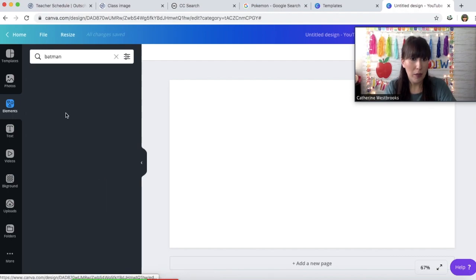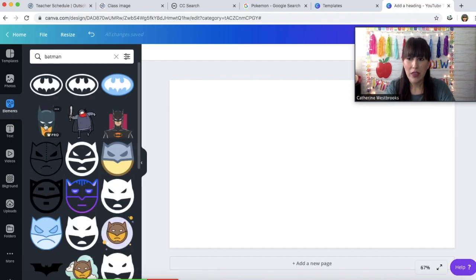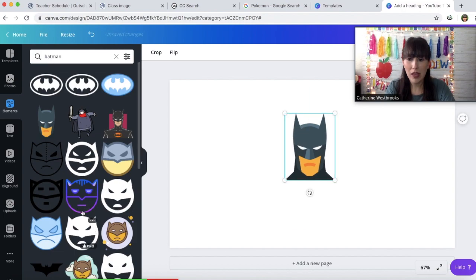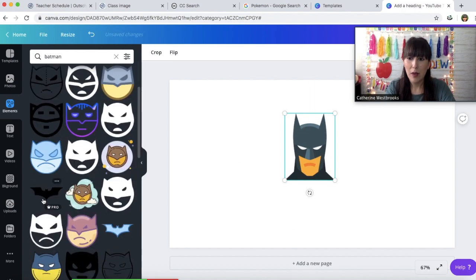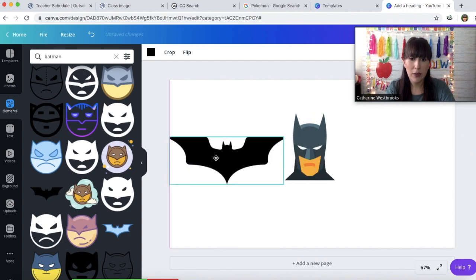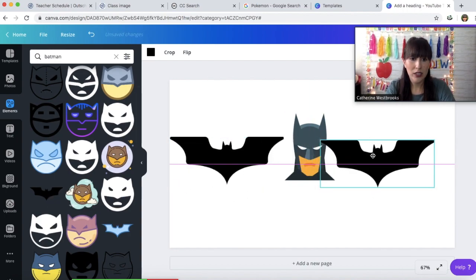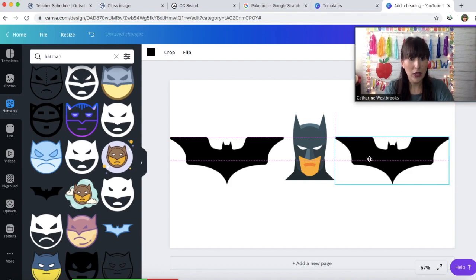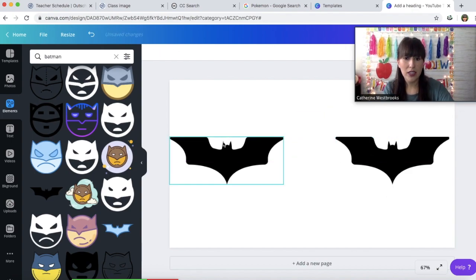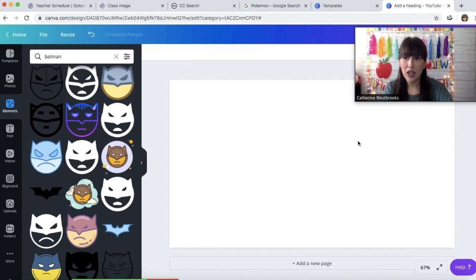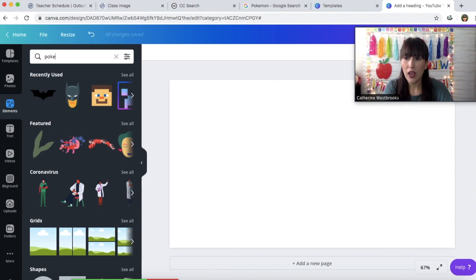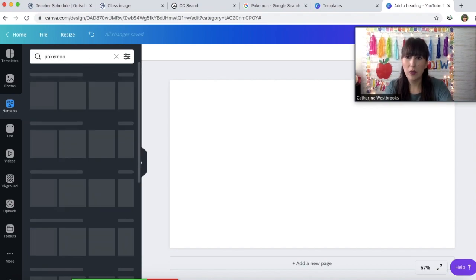So I'm going to search Batman. Okay, then all of these images are not copyrighted. So if you were doing a Batman class, then you could use several of these images and change the background and whatever you wanted to do. And that would be a non-copyrighted class thumbnail that you could use. Another example would be, I'm going to delete this, say you wanted to do Pokemon, right? Pokemon's a popular topic, so I'm going to search Pokemon.